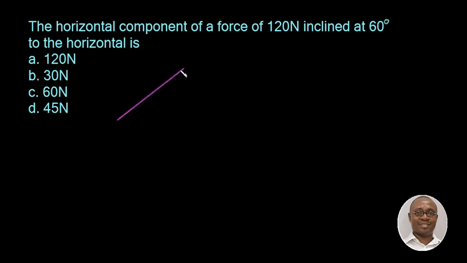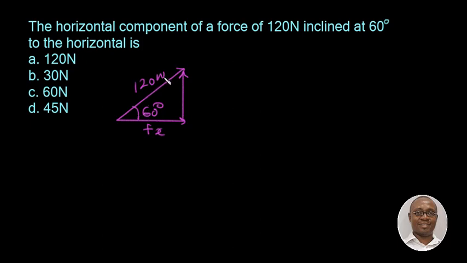So this is the horizontal component force of 120 that is inclined at 60 degrees to the horizontal. Okay, so we have this as 120 Newton, and this we are looking for. This force we don't know, is an unknown force. Okay, good. And this is the resultant force. All right, so from this diagram we can see that we were given the adjacent of this